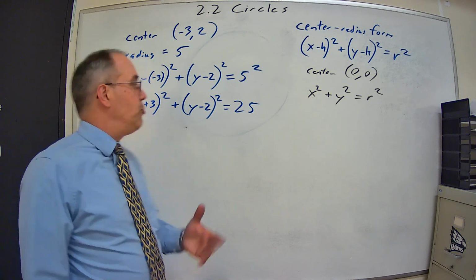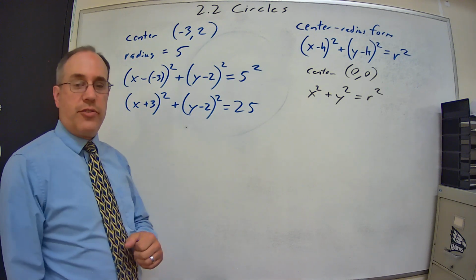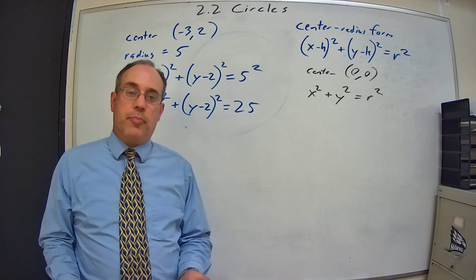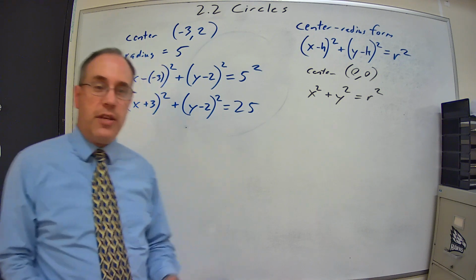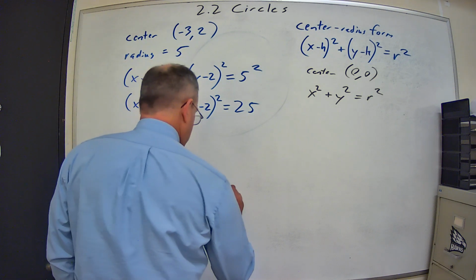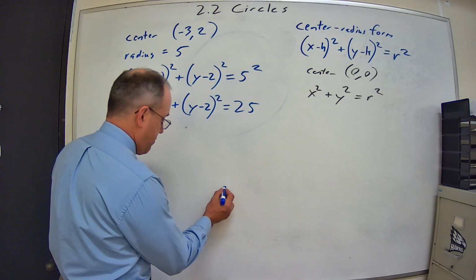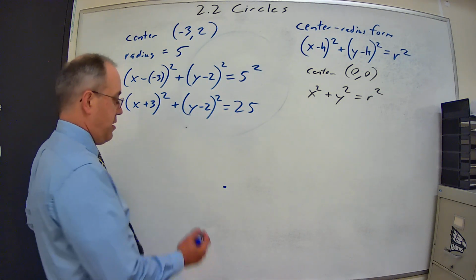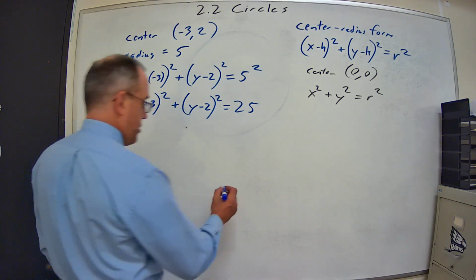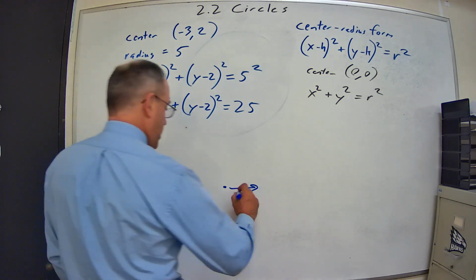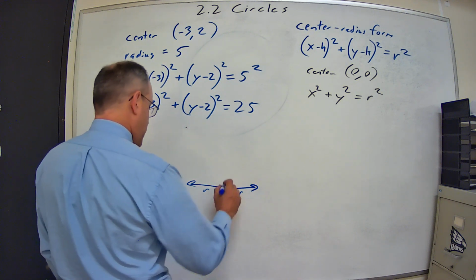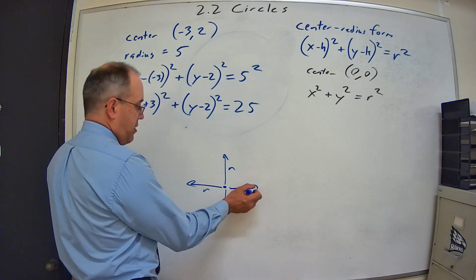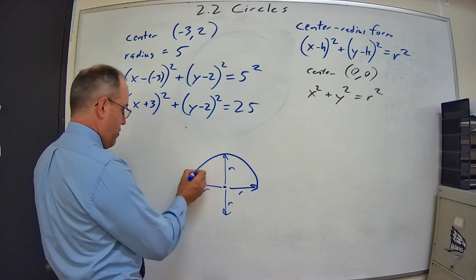Now what if we wanted to plot the circle? Now obviously there's an infinite number of points that could be plotted, so what's the simplest way for us to plot this? Well really, it's a matter of finding the center and then using the radius to go in the 4 easiest directions, which is go to the right by the radius, go to the left by the radius, go up by the radius, and go down by the radius, and then just doing our best to draw a curve